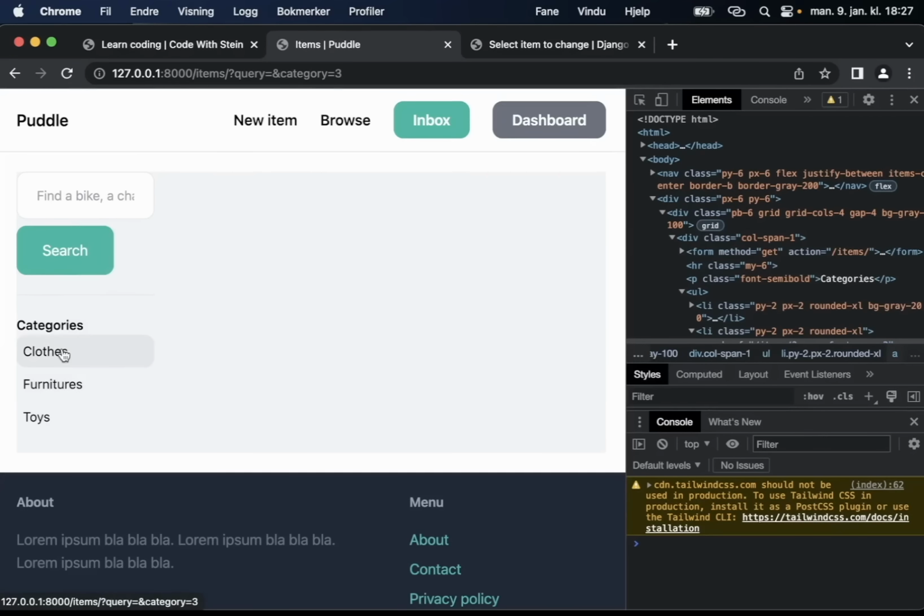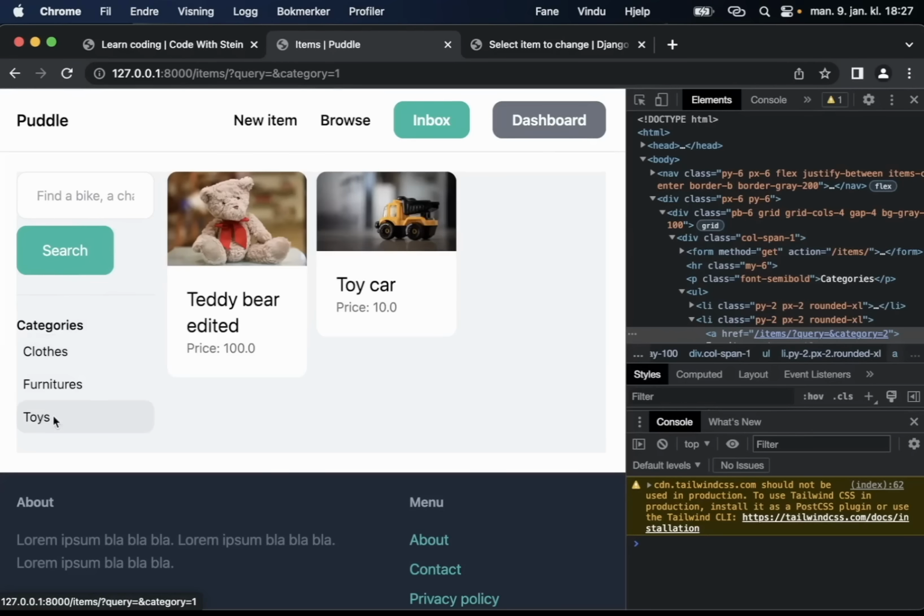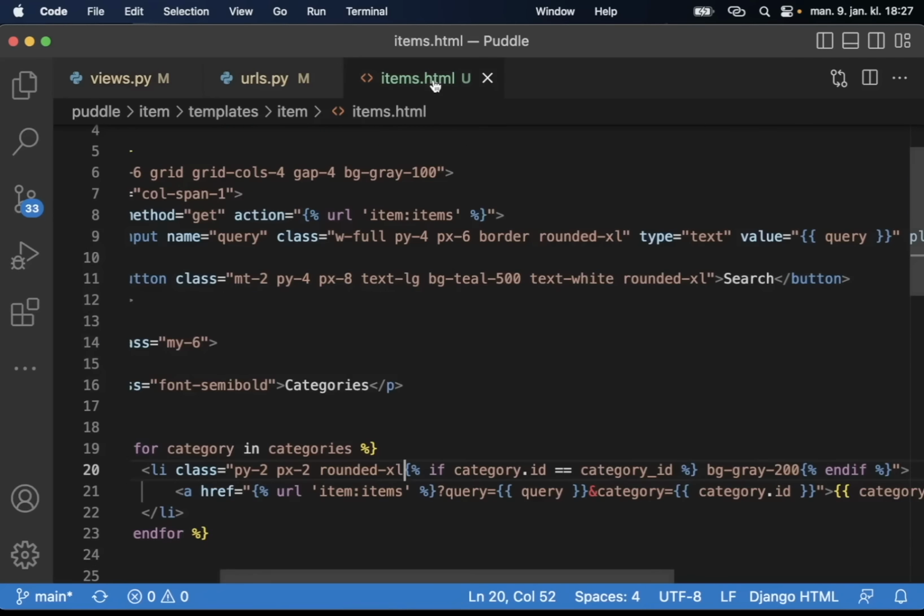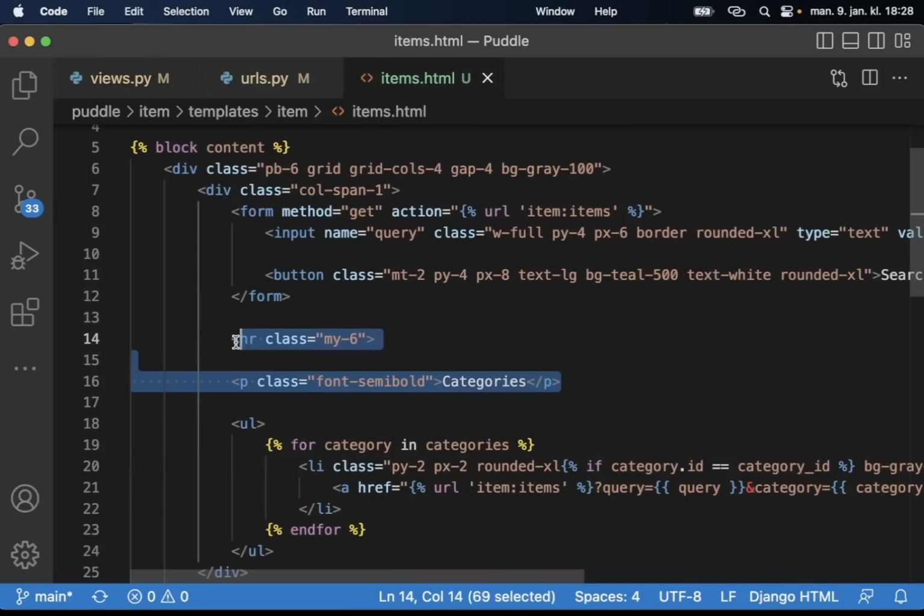If I select clothes, it doesn't get anything. And toys, we get these two. Nice. So that is now working. Perfect. So the last thing I want to do here now is make it possible to clear the filters. So if I just go back to the template, make a copy of these two,